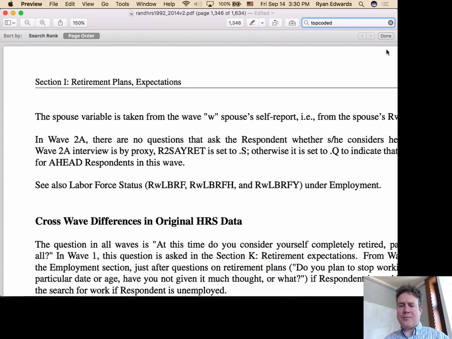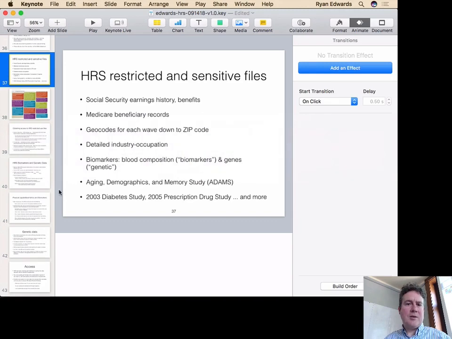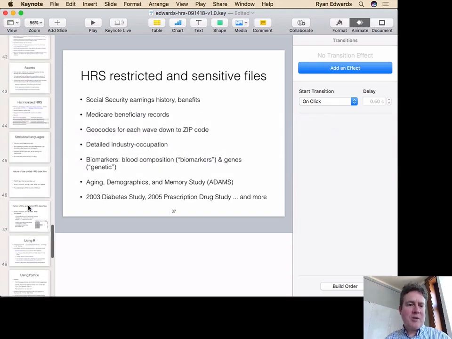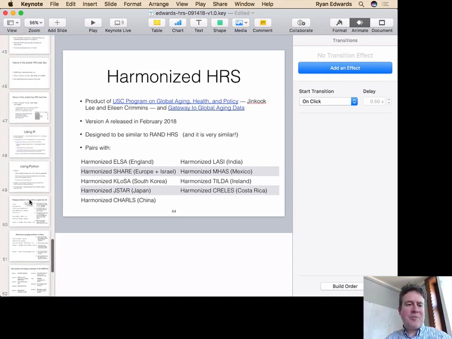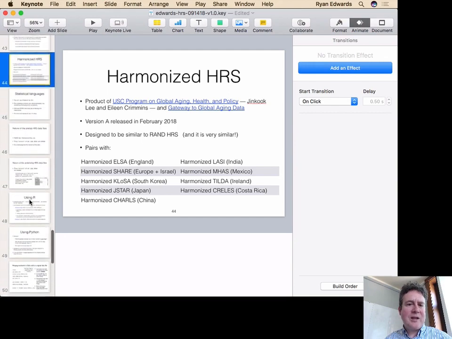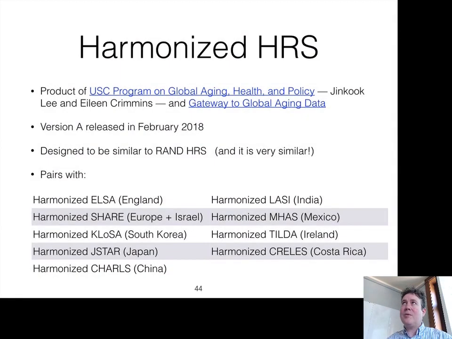Other questions? In the slides there's material about other things, like I thought of Gretchen about this one, the harmonized HRS. Just to keep it brief, this ends up looking a lot like the RAND file. The harmonized HRS is almost the same thing. It just adds a few other variables and drops a bunch, I think. It was intended to provide the ability to compare across all these different countries and these different longitudinal surveys. I've not done that myself, but I think it's a successful and rather lucrative research effort that USC is